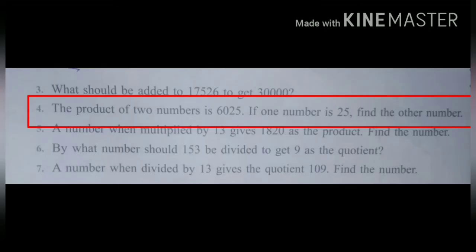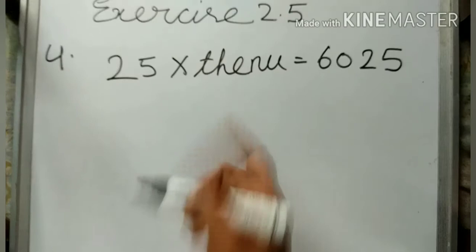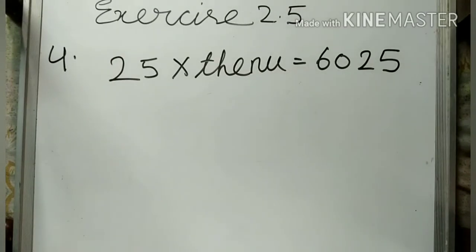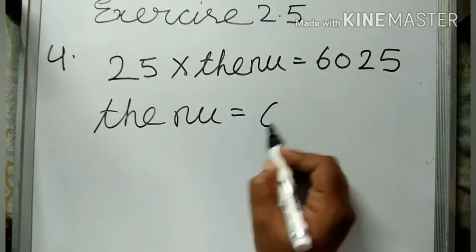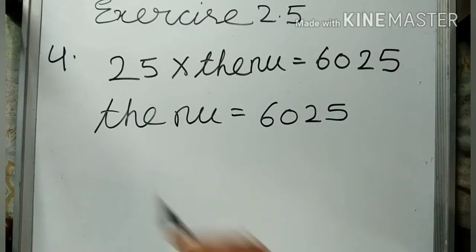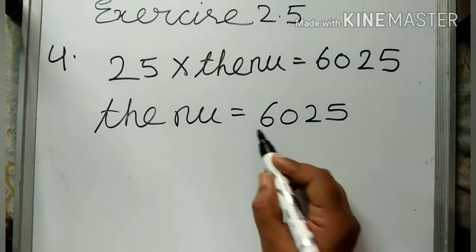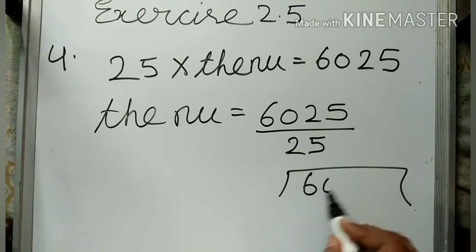Now question number 4 is the product of two numbers is 6025 and one number is 25. Find the other number. Now according to the question, first number is 25, multiply with any number and the answer is 6025. So we find the number by divide these numbers, because that side this number is multiply with the number, so when we shift this 25 to this side we divide 25. Okay, now we divide